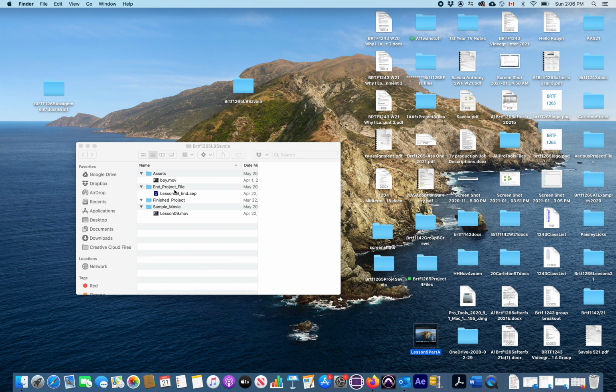moving alpha channels. We looked at alpha channels in the last lesson and how you can use them to cut holes in media so that you can start to layer media over top of media, and you can actually see what's underneath that media by cutting these holes with these alpha channels. Alpha channels are also known as masks or mats. And what we're going to do today is what's called the traveling mat, which is basically